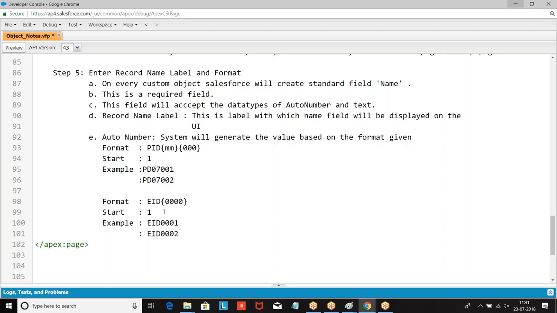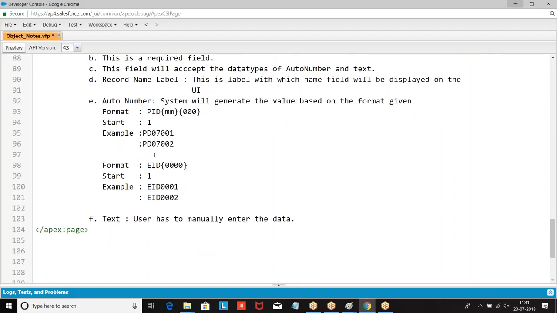So this is how we are giving. Now let us go to the next. What is the other one? User has to manually enter the data. So for record name label, we are supposed to specify the label name with which the name field will be displayed, the data type of the field, the format, and the starting number.